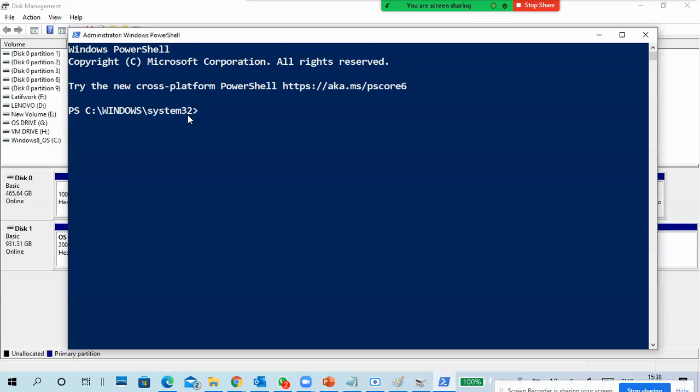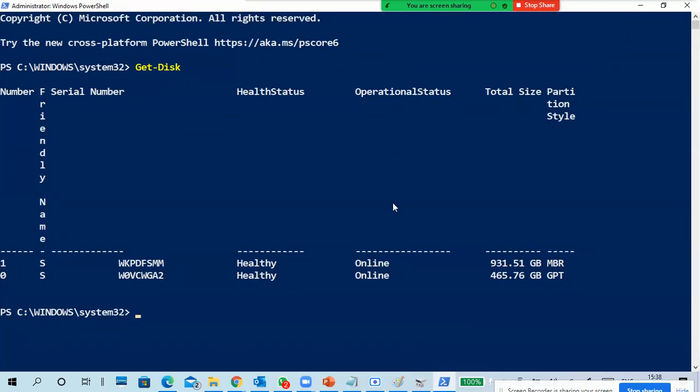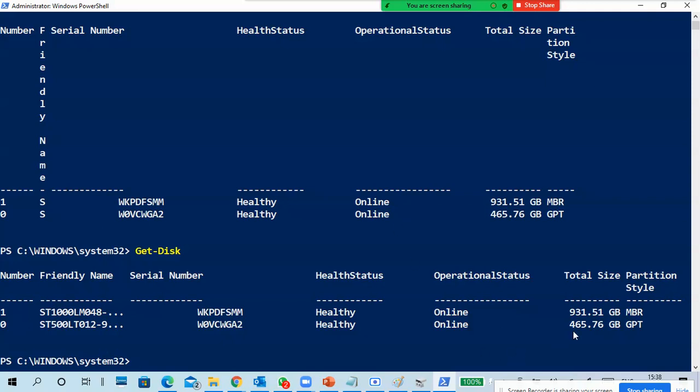So the command in PowerShell is Get-Disk. PowerShell takes time the first time anyway. Now you are getting it, see: 0 is GPT, the first one, 1 is MBR.